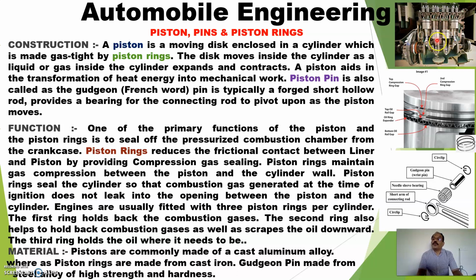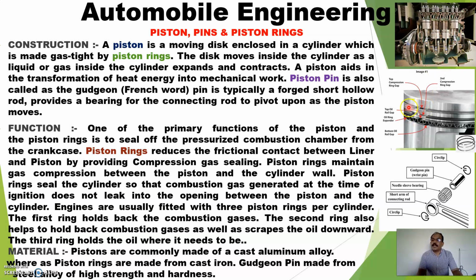So it should not go on the top side of the piston, because if it goes on the top side of the piston, here combustion is taking place. So in this combustion, this oil will burn. Only the oil should remain on the bottom side of the piston, and at every stroke it must go up and it must come down. This is the function of these two rings. They scrape the oil, they wipe out the oil, and they bring that oil back to the oil pan. So this is the function of the 3 rings.